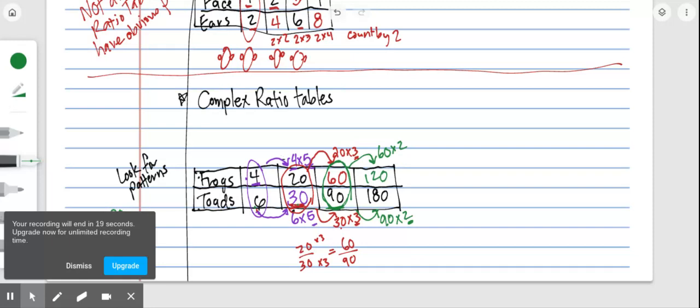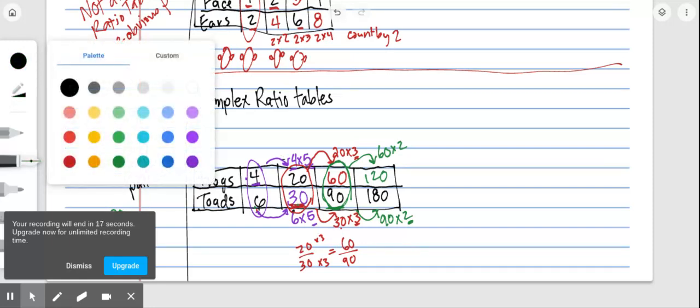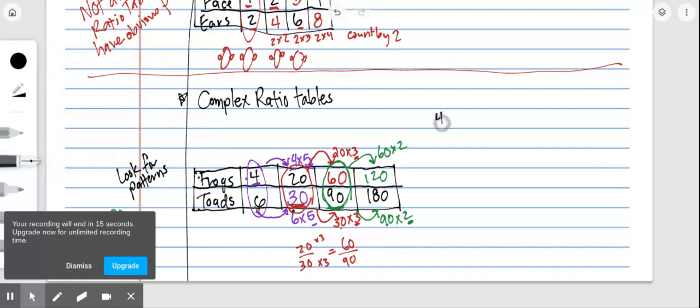So now I can check each of these ratios to make sure that they're equivalent. I have 4/6. That's the first one. I have 20/30. That's the second one. I have 60/90. That's the third one. And I have 120/180. Now I can check these by using the